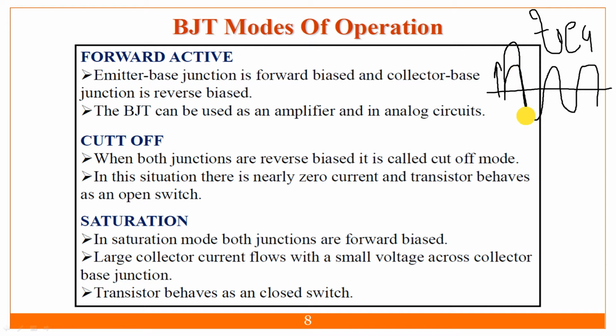In amplification, I will increase only the amplitude of my signal. Suppose this is the signal I have plotted with the help of a CRO. If in amplification I just have to increase the strength of the signal, it means I will increase the amplitude. I will not increase its frequency.